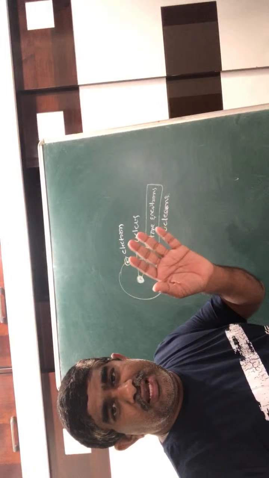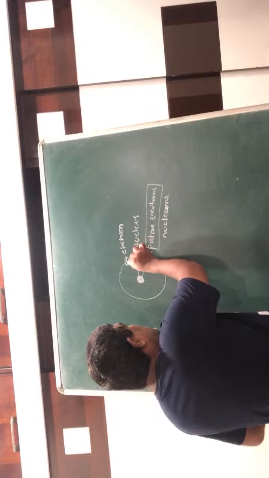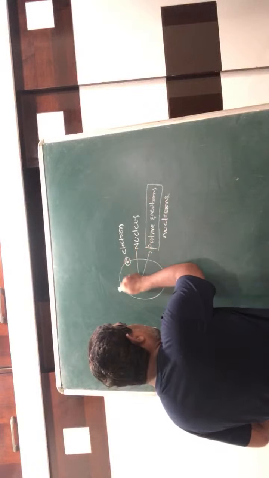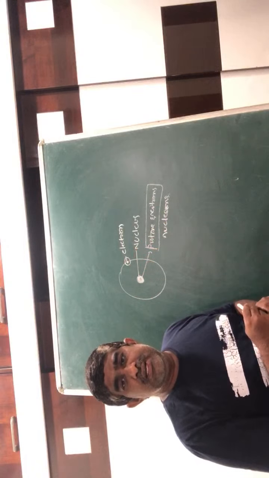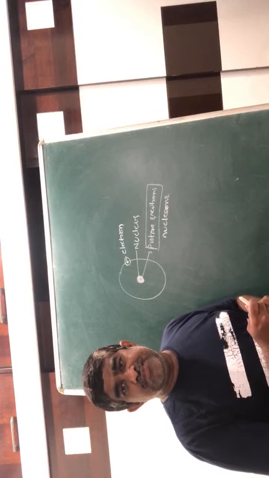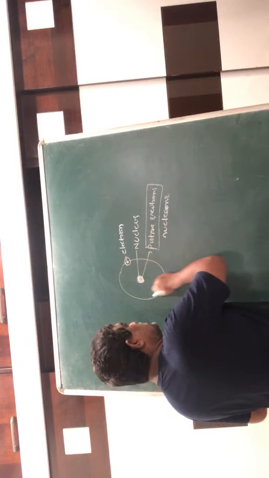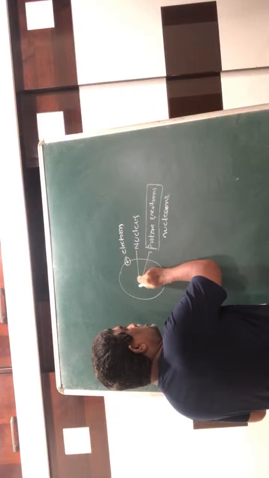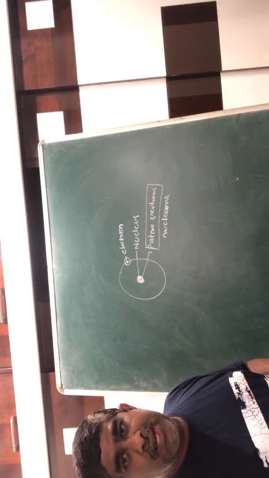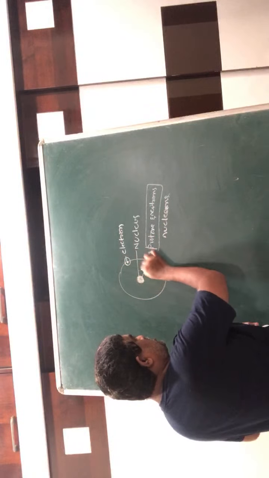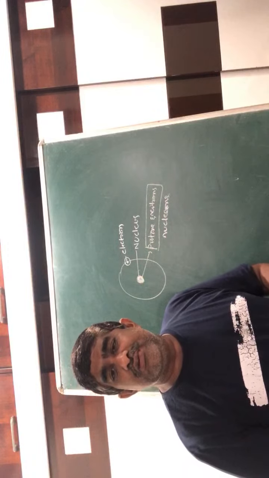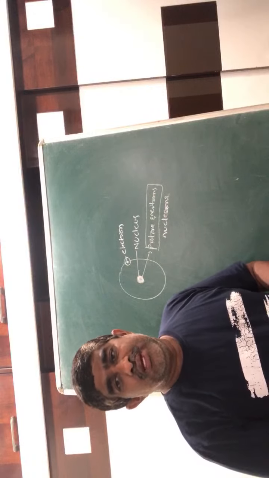So the limitation question is: according to Maxwell's electromagnetic theory, when any charged particle revolves around another charged particle continuously, it loses energy, and it may come closer to the nucleus and collapse. That means the atom should collapse. Like this, it should rotate, come closer and collapse. That question Rutherford could not explain. And similarly,